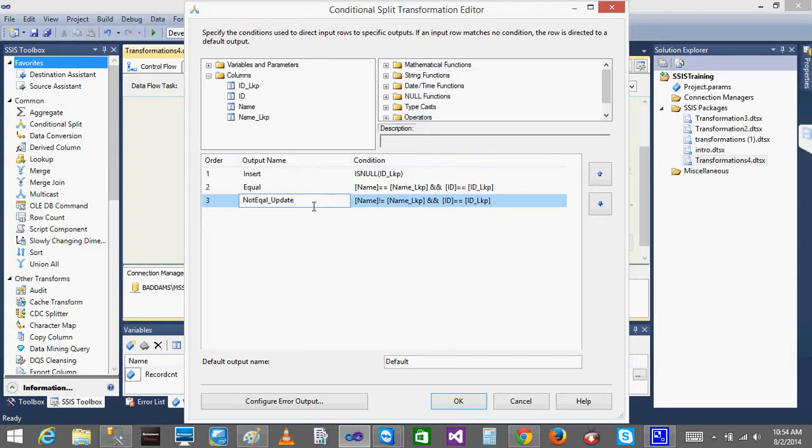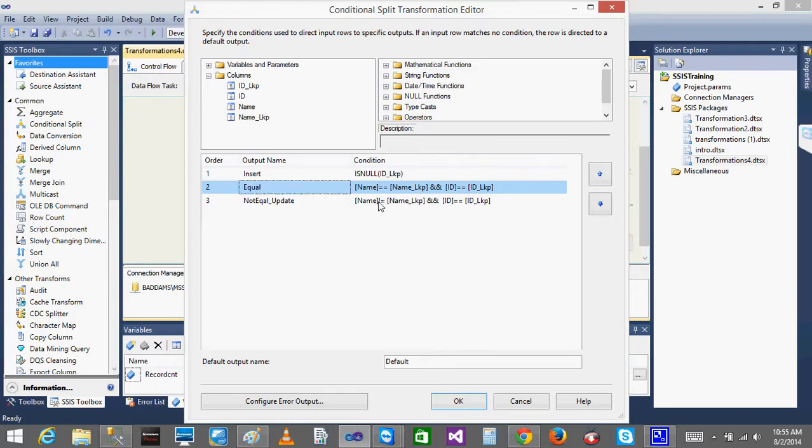So everyone got this one, we have changed this. If the lookup ID is null, it means that the record is not there, so I am making the output as insert. If the record is there, that is ID equal to lookup ID and name equal to lookup name, then it goes into equal. I don't want to update these records where the source name is equal to the destination name.